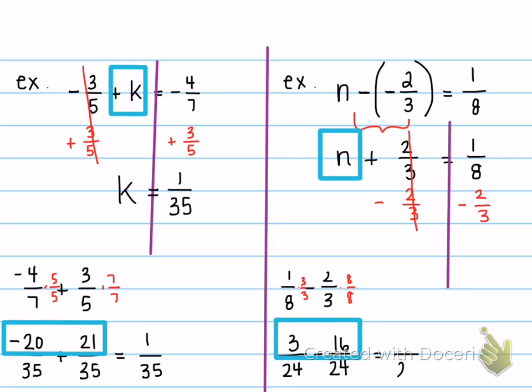You can do this two ways. We know 24 stays our denominator. You can either change it to addition, take the opposite, and say, well, I have 3 plus negative 16, adding numbers with different signs. I know the answer is, so you subtract 13, and it's negative because you had more negatives than positives. The other thing you could have done is you can look at the problem and say I have a positive 3 and a negative 16, like we've done all of the other ones, and that also, again, gives you negative 13. So when I look at my final answer, I get n